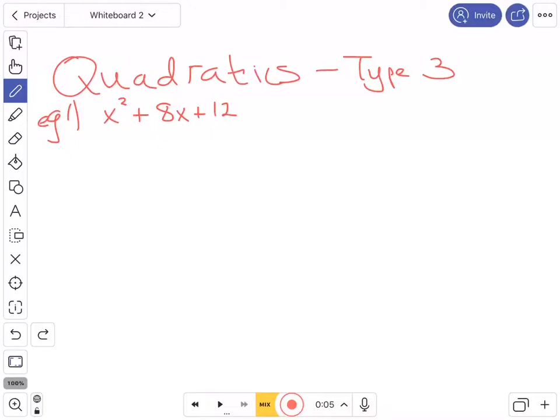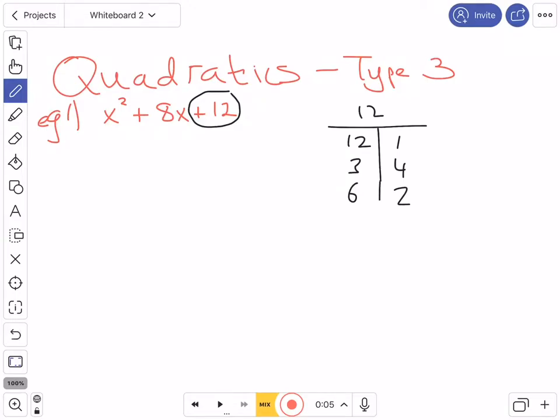The first thing that we need to do here is find the factors of the last number, so the factors of 12. Out at the side here, I'm going to write my 12 and find the factors. Now I draw the little t because I'm looking for what's called paired factors. By factors, I mean the things that multiply to give me 12. And by paired factors, I mean if I'm using 12, I'll have 12 and 1, that's my pairing. I could also have 3 and 4, that's another pairing, or I could have 6 and 2,